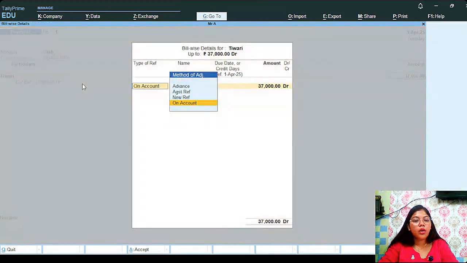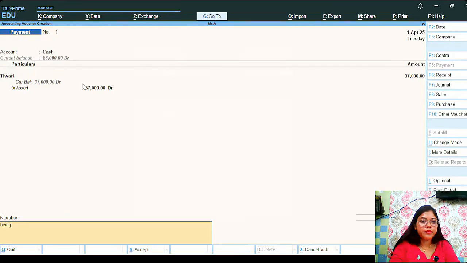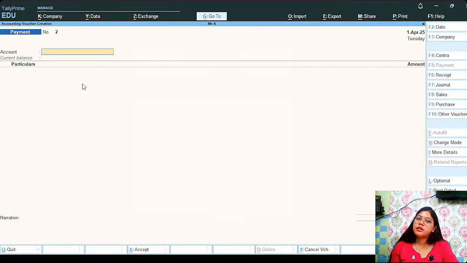Enter. On account, debtor, debit. Okay. Enter. Being cash paid to Tiwari of rupees 37,000. Again, accept. Yes. Next,